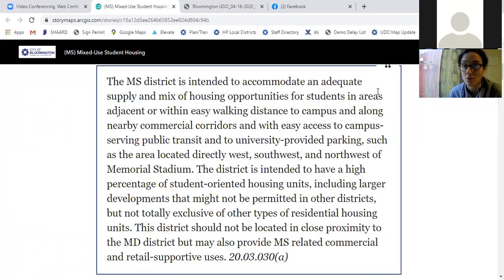Again, there will be a survey up after this meeting about mixed use student housing. And one of the questions is very open-ended. Did you have anything else that you wanted to contribute about this proposal related to this district? And so we will ask that you please do get on and fill that out. It's helpful for us to have those responses. And of course, our surveys are not scientific. They're just another way for us to gain information and opinions from the public. So we would love for you to do that.